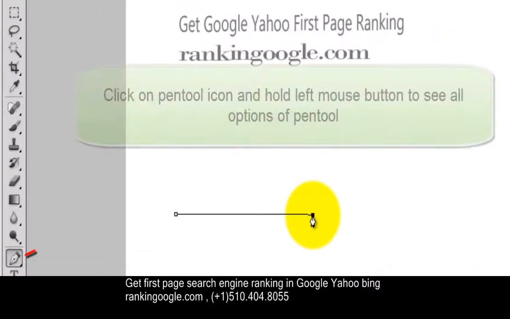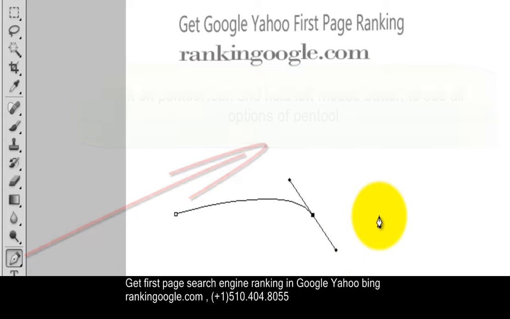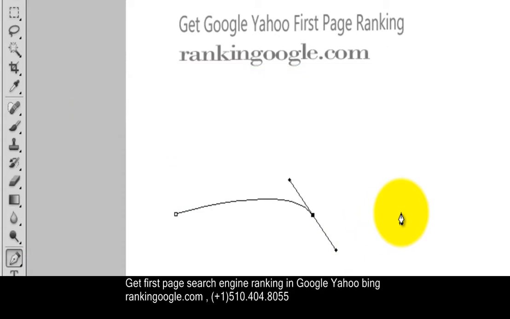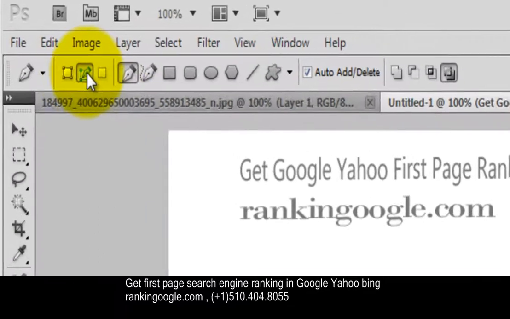Here I have selected the Pen tool and am drawing shapes, clicking and dragging. You will see two handles appearing after clicking the second point. Now clicking the third position and dragging a little bit to make a small curve, left clicking, points are appearing, and at the last point a small circle appears beside the tool.